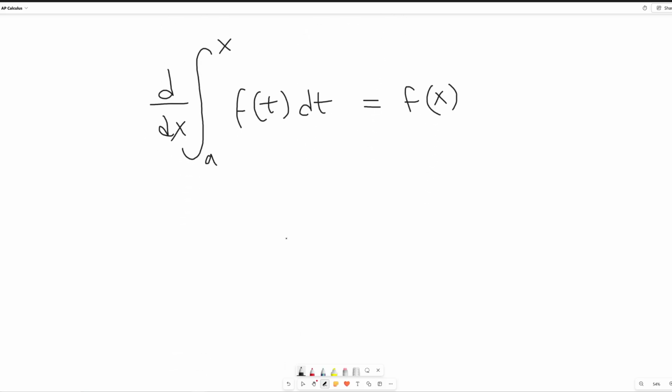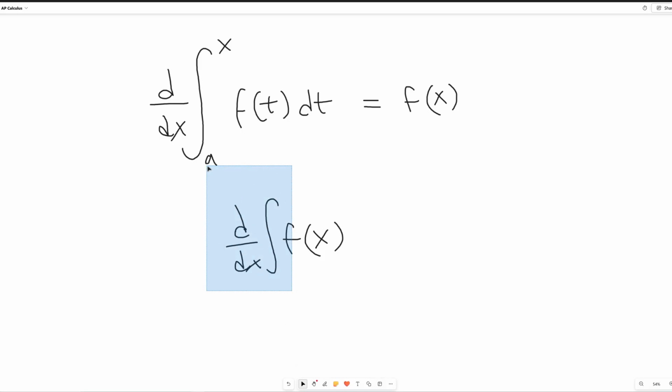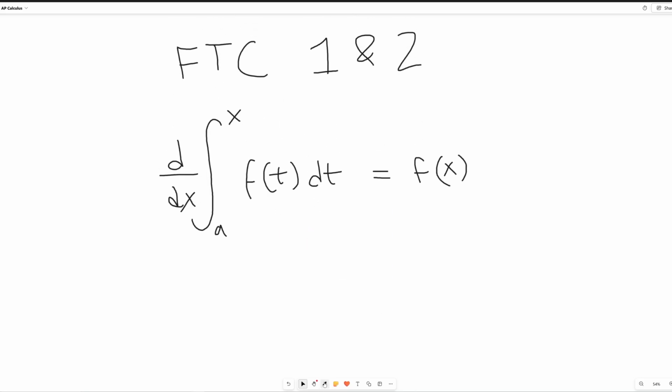Pretty simple. If you have a function and you integrate it and then take the derivative, you just get back the function. This is because integrals are antiderivatives. It's the opposite of a derivative. So these two essentially cancel out, and this x just goes into here. However,